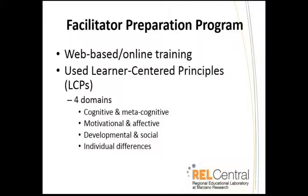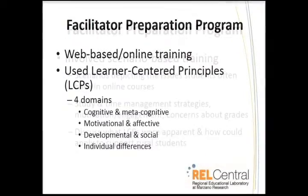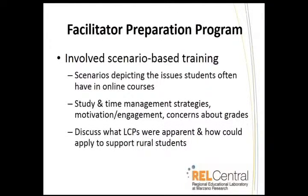So those are the learner-centered principles that we really try to use and incorporate, and a lot of research has shown that these essentially are the most important principles of development and learning for youth, and they do apply to online distance education settings as well. So next slide, please. So we presented the facilitators some information on the learner-centered principles, some background information on those,